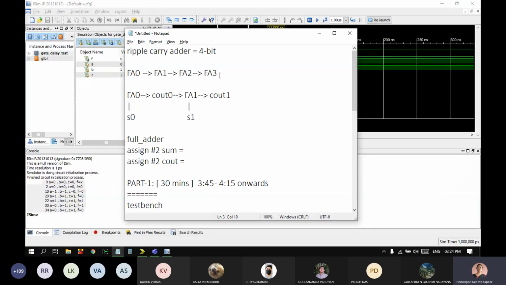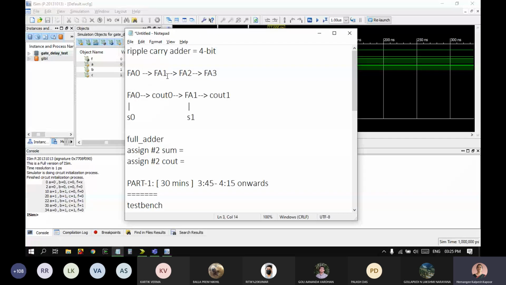So if I can have the carry generated in parallel to the sum, the carry out of this is not going to affect my FA1. My FA1 has complete information about any effects that FA0 might give it, and therefore it can generate the output immediately. So there will be no ripple effect. That is the carry look ahead adder.